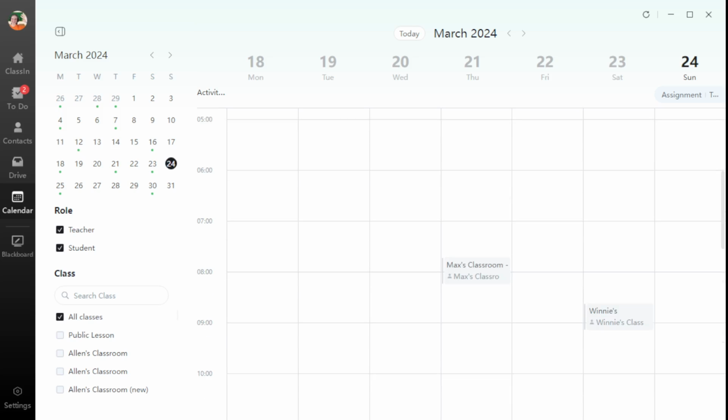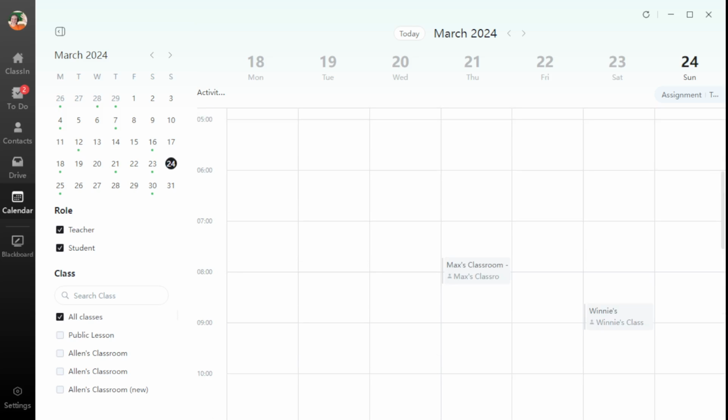One big change teachers don't like is that it's Monday to Sunday rather than starting the week on Sunday, ending on Saturday. I will admit, I don't really like that either. I know in China, they do start the week on Monday. They consider that the first day of the week, so I'm guessing that's why this change was made. So that will take some time for me to get used to, or maybe they will change it back to the way it was if enough people mention that in the tech room or in the tech group. So that's one big change.